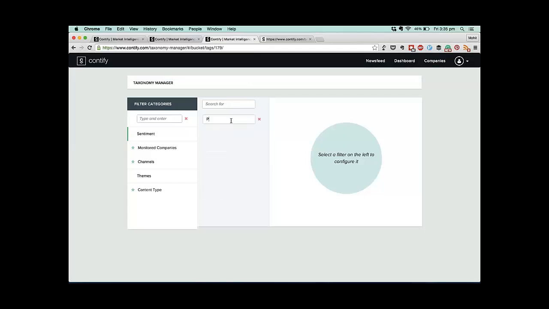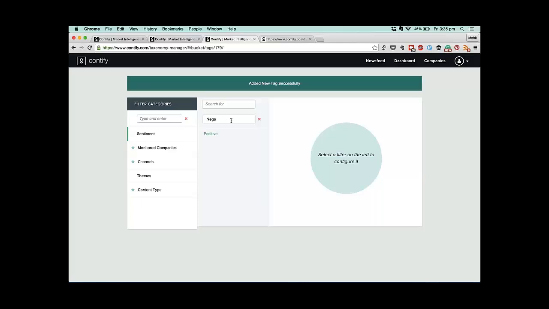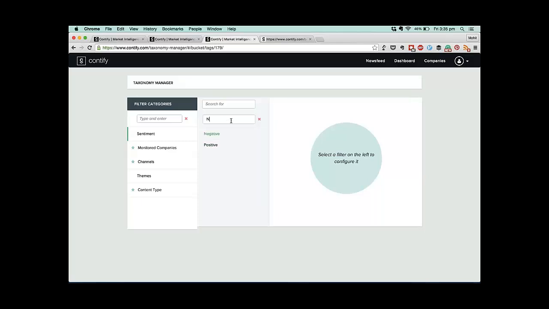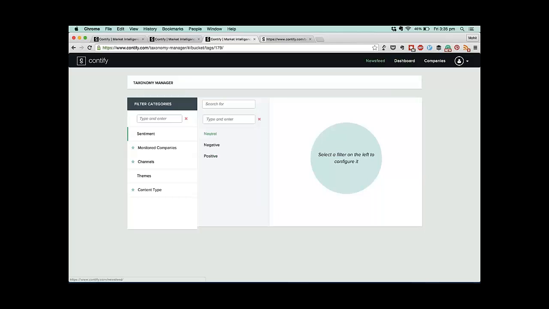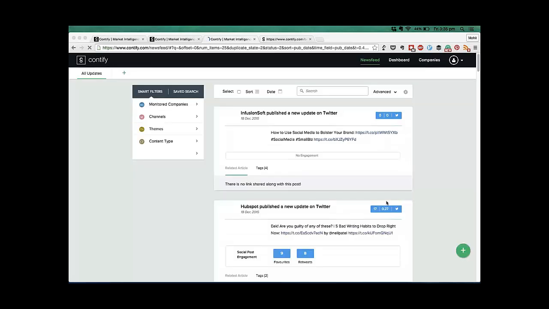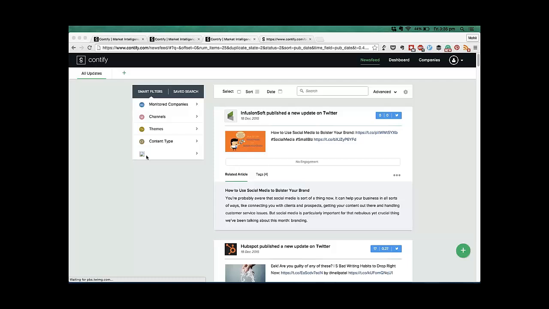I'm going to add a tag, positive, negative, and neutral. And now any piece of information which is coming into the system can be categorized manually. In a few seconds, as the reindexing happens, it will categorize as positive, negative, or neutral